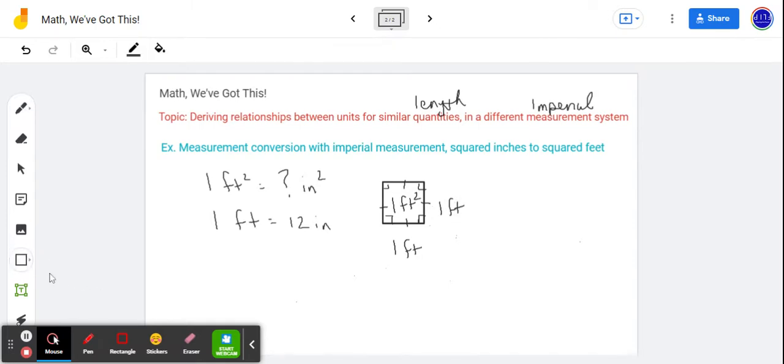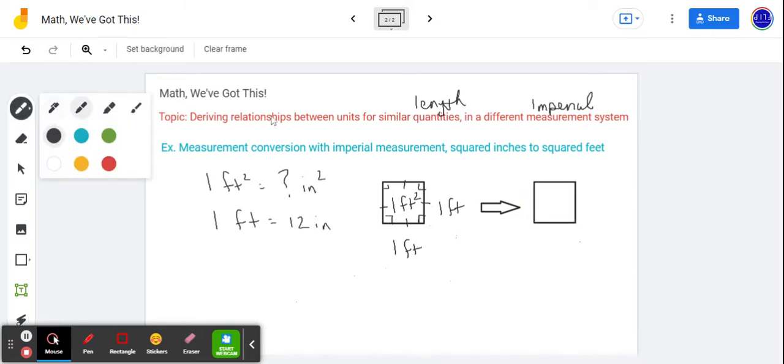So then when we go to create not only a similar but a congruent square, where the side lengths are just a different unit. Okay, so let's just say that's the same size square, and I'll just indicate that the lengths of the sides are the same using hash marks. Just taking a little bit longer to get the pen tool to actually convert. And if we're focused on using inches, from 1 foot, we know that that's 12. So 12 inches by 12